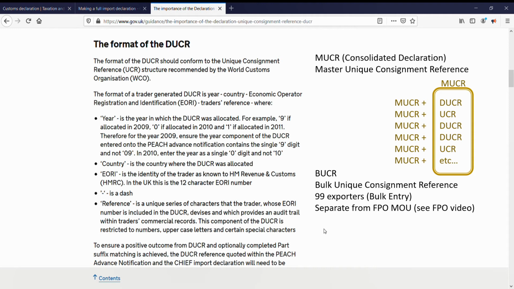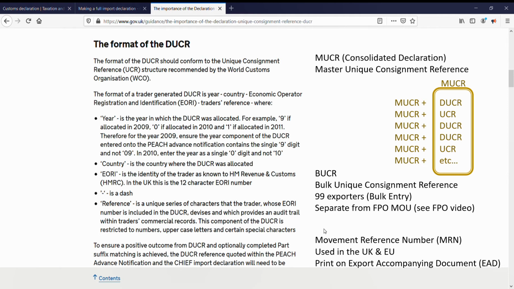There is an automatically generated counterpart to the DUCA or UCR. It's called the Movement Reference Number, or MRN. It is automatically generated by Chief when goods have been successfully presented for import or export. Issued after any safety and security checks are approved, it is like a travel ticket number for goods movements, recognized by UK and EU customs, and required at the Office of Exit. It can be associated to your DUCA, but can also be translated to a barcode. For example, with indirect exports, it can be printed on what is called an Export Accompanying Document, EAD. This is a paper document accompanying indirect exports under the Export Control System, ECS, which we discussed in an earlier video. The EAD is attached to consignments.